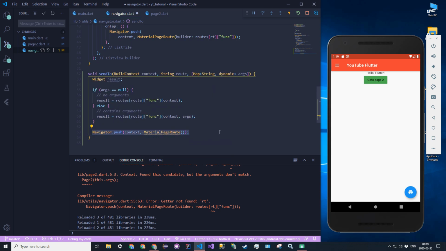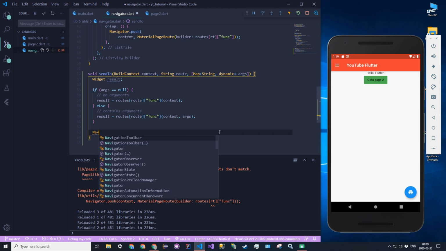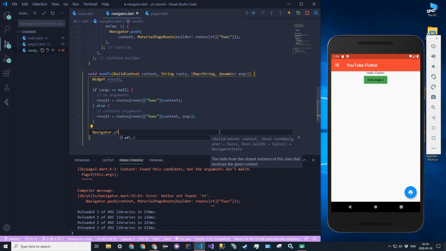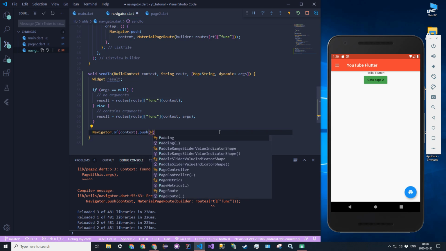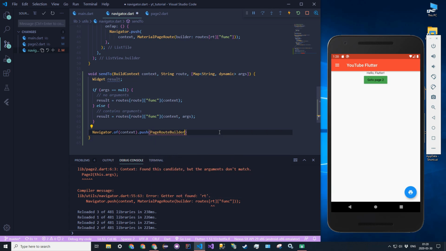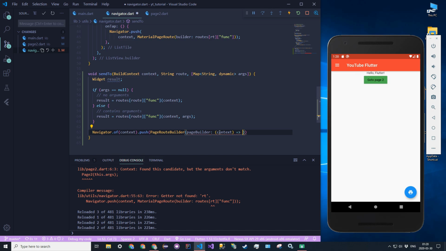Okay, last thing we have to do in the send2 function is we actually have to tell the app to go to this page. So the way we're going to do that is Navigator.of(context).push, and we're going to pass in a page route builder, just like the list view builder that we had. And we're going to say the page builder will take in context, and it's just going to go to results,